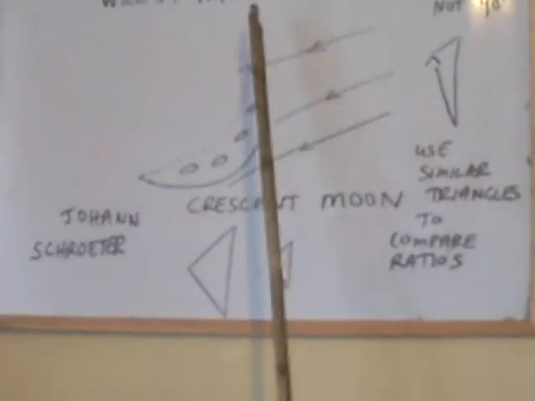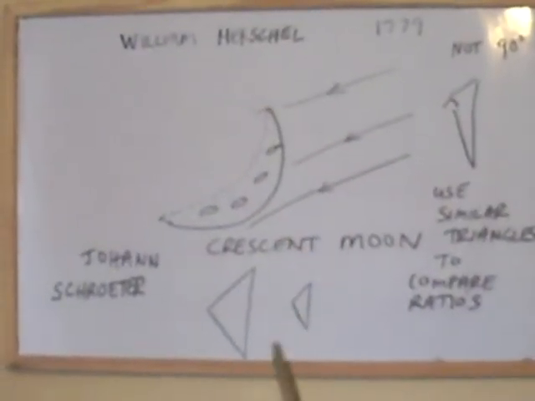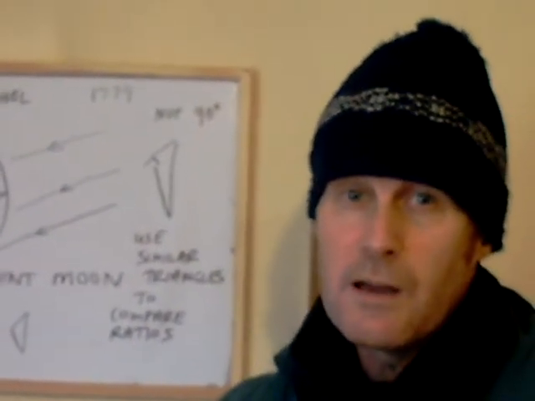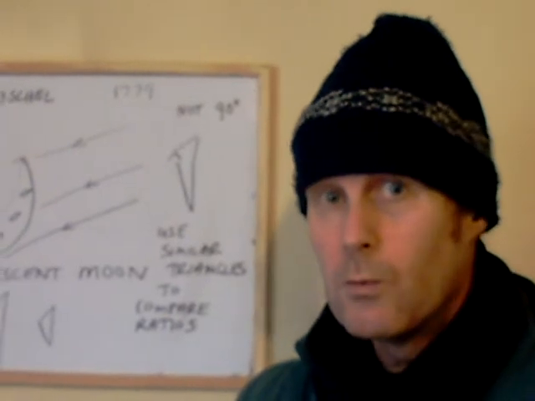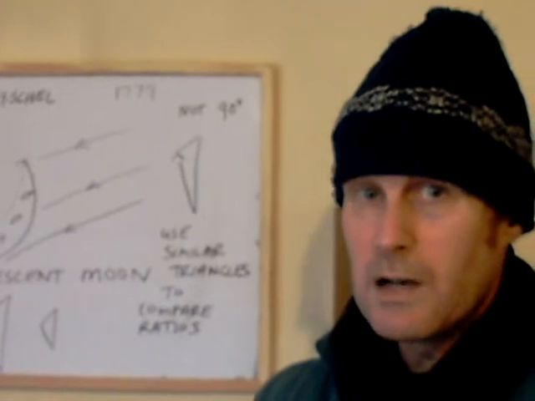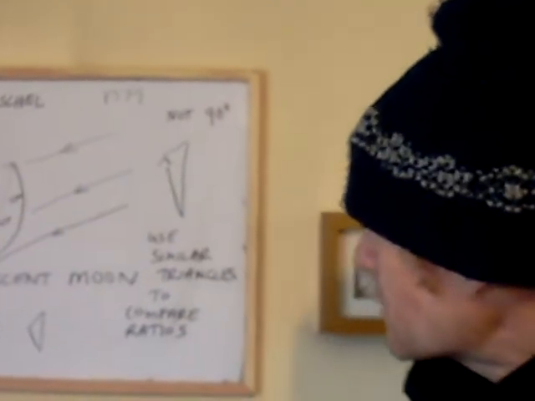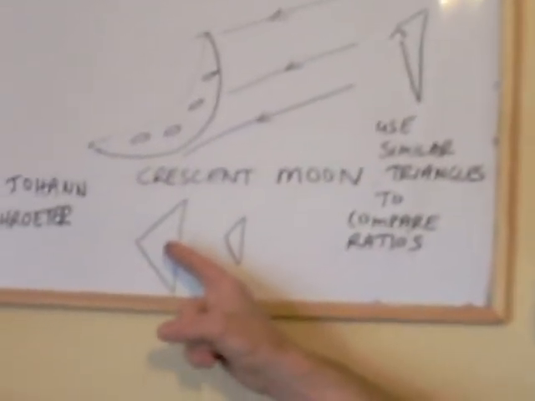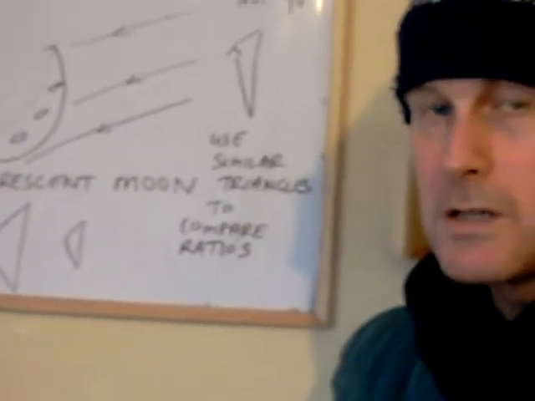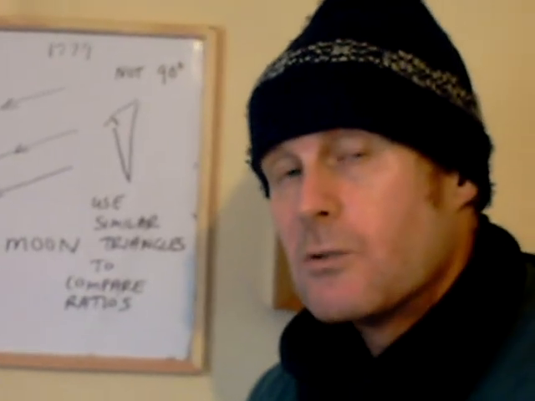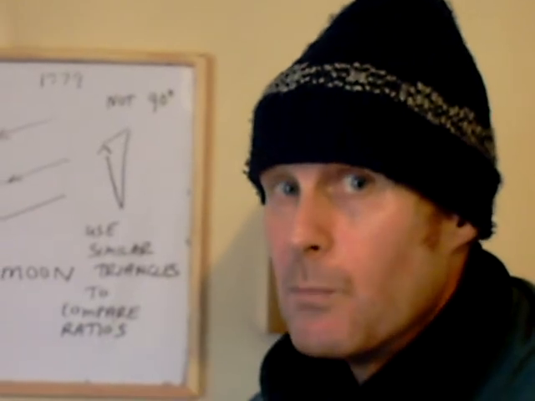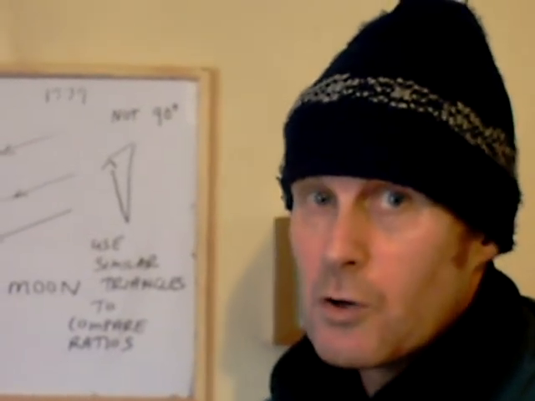So basically what Herschel did, when he observed the moon, he realised that if you didn't have the special condition of the grazing angle of 90 degrees, therefore making a right-angled triangle with Pythagoras' theorem, and therefore able to measure the height of the mountains using triangulation based on right angles, you could still get estimates as long as you looked at what's known as similar triangles. Therefore, if you already knew the height of one mountain, relative to that height, you could still measure the height of another one using triangulation at any phase of the moon, and not just mountains but also craters and other